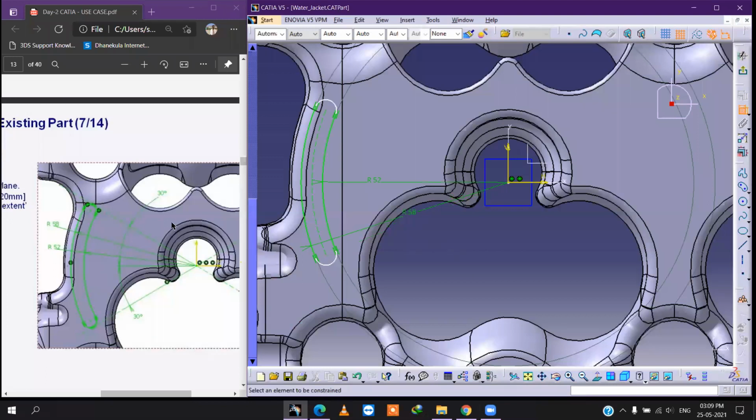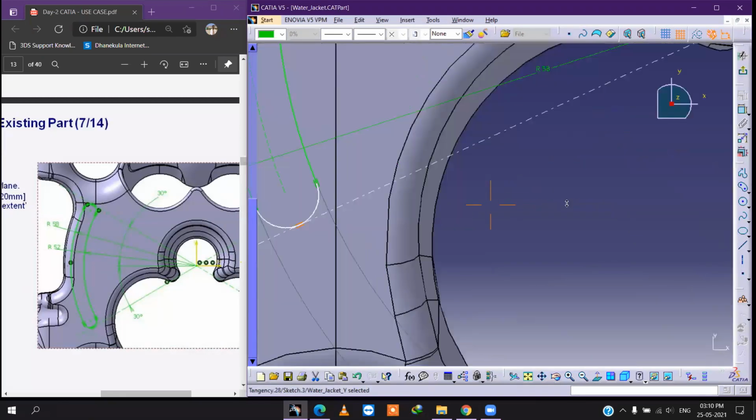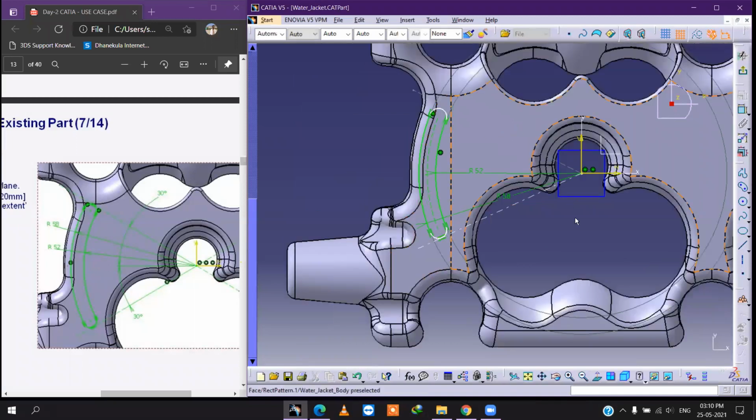Okay. After that, here the angle is 25, but here it is 30 degrees. First you have to take 2 axis lines from here to here. See, here some dotted line is showing, it is already tangential. See this one, right? This one is the tangential symbol, this orange color. Wait, I'll zoom in. Okay. Now we have to make this one tangency, this axis to this arc tangency.